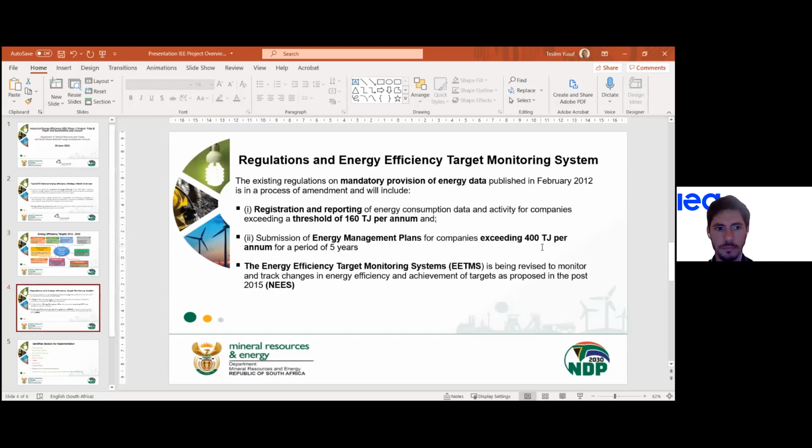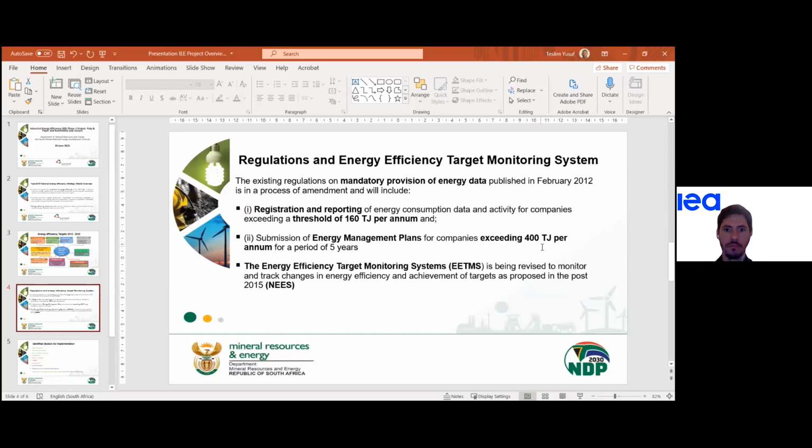When you look at the target monitoring system, it's working on a published mandatory regulation that came out in February 2012. And it allows for companies that exceed a threshold of 160 terajoules per annum of energy to register and report on their energy consumption. So we're going to have a lot of data collection in that space that supports policy